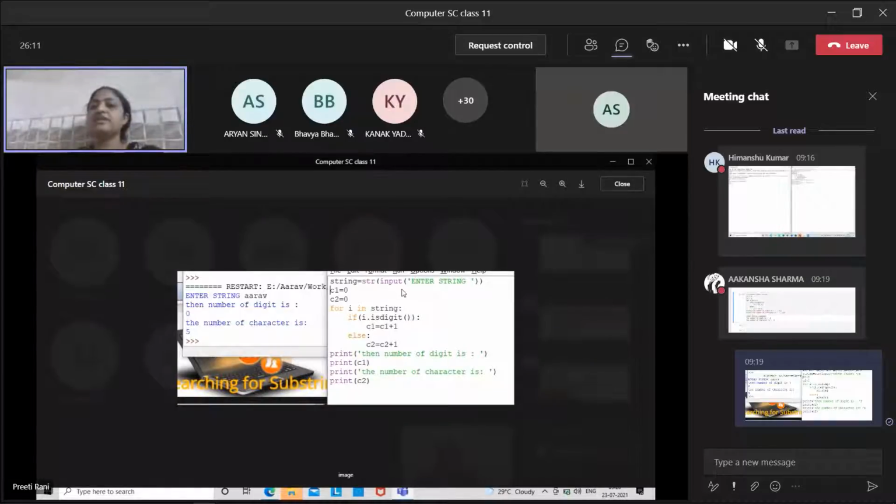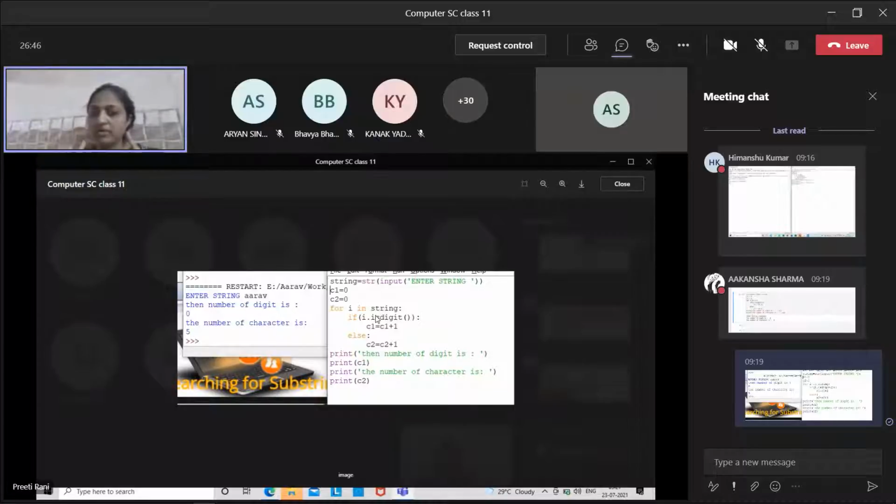Okay, let's say you are taking the integer value, you are putting int there. If you are taking the string value there, you are putting string input, and the string is taking in that C1 for the count 1 and C2 for the count 2. For i in string, i dot is digit it is checking, after doing the traversal. For i in string, what is the value of i first of all? It is going at the first place. What is the first place there? At the 0th place. Take care.